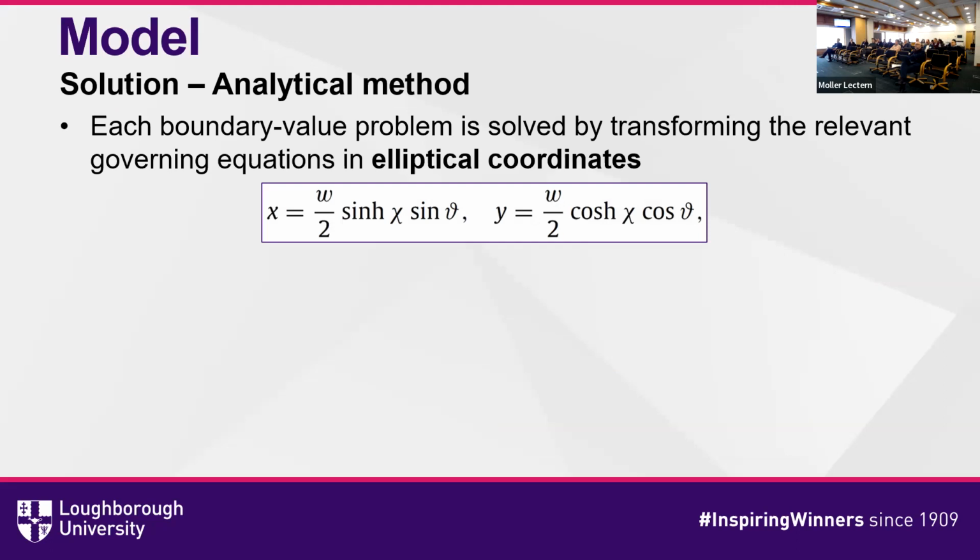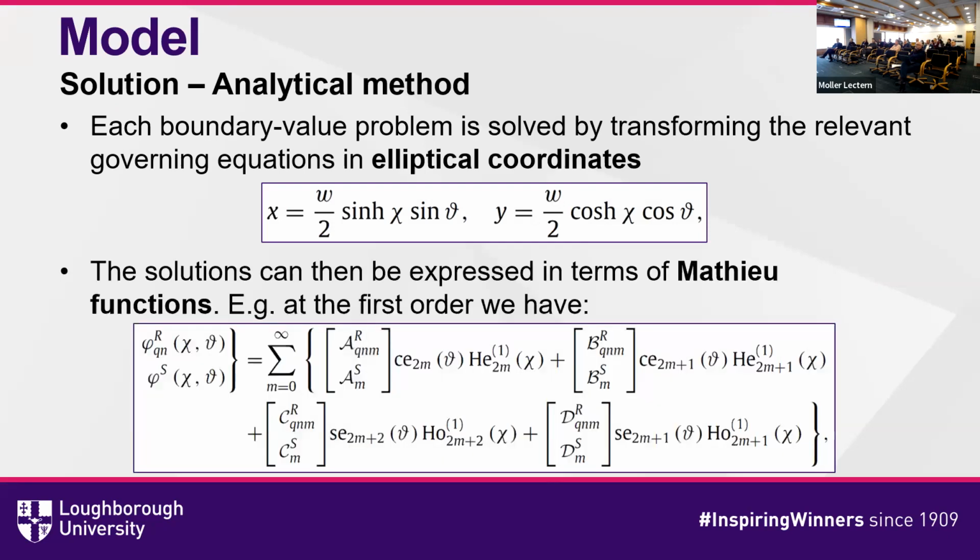So we transform our system into elliptical coordinates, where chi and theta are the new coordinates, and w is again the width of the entire array. And then it turns out that with some calculations, we are able to express the solutions in terms of Mathieu functions. I've just reported, for example, the first order solution, but a similar solution can be found also at higher orders. So this is the first order solution, including the cosine Mathieu function, the sine Mathieu function, and